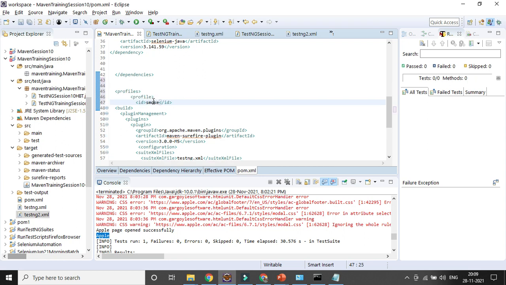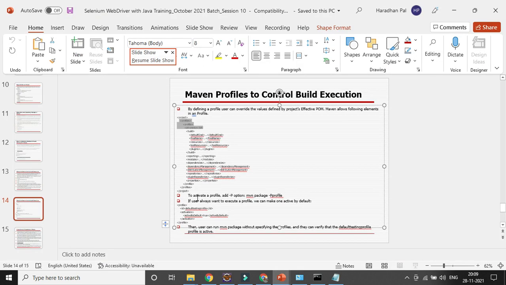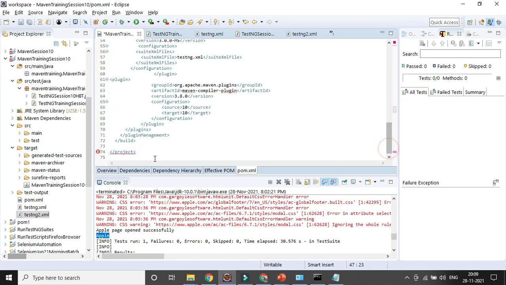Suppose I am giving one profile the name Facebook. Then definitely I need to close that tag, profiles and the profiles. I'll repeat it, no need to worry, so that you can understand clearly. I'll be completing that tag.